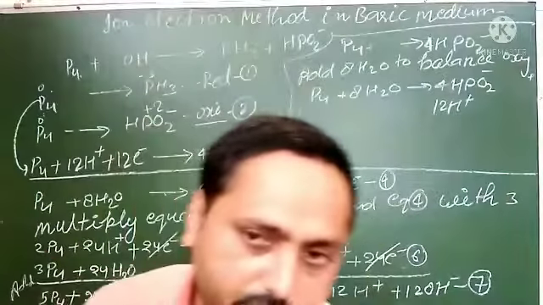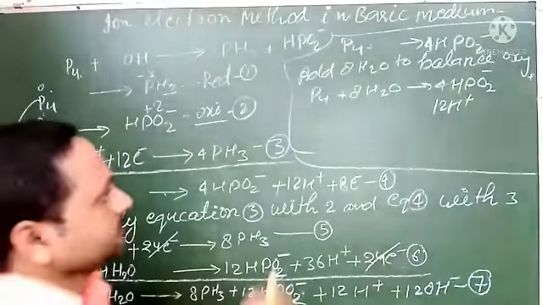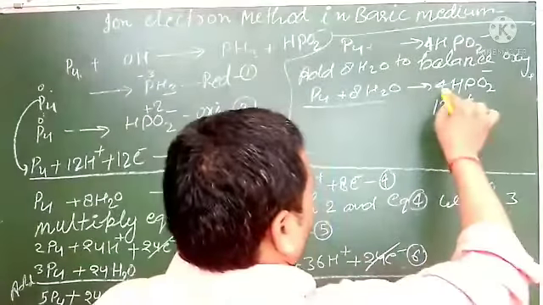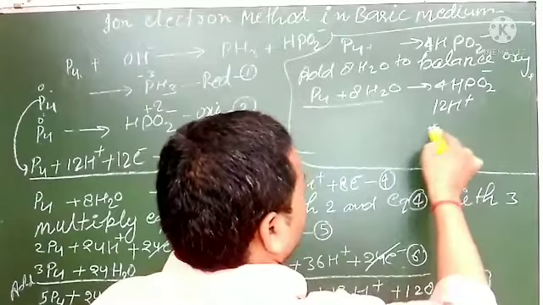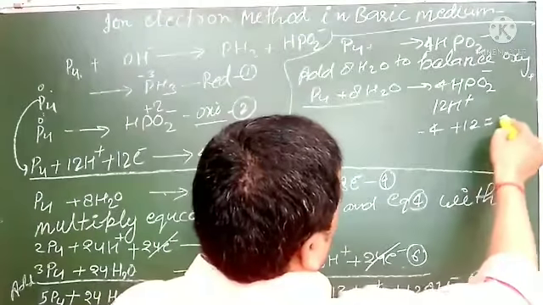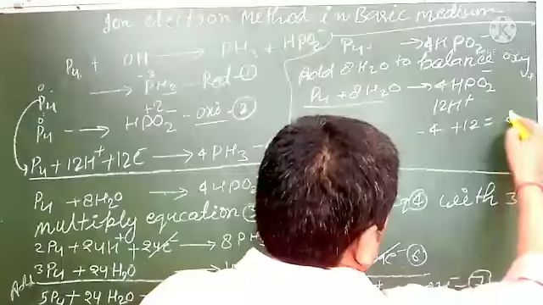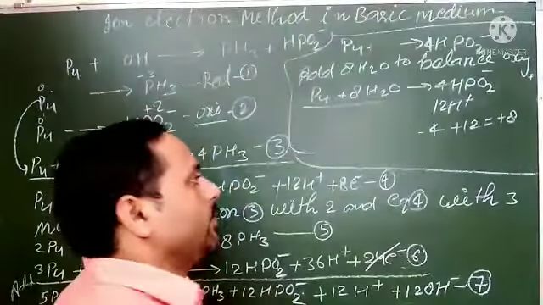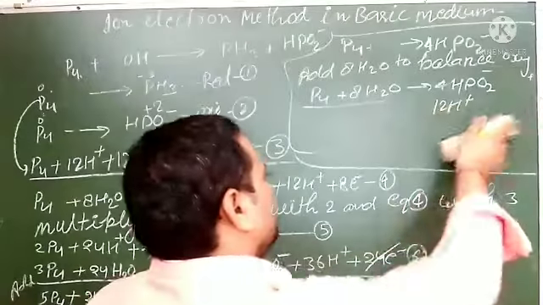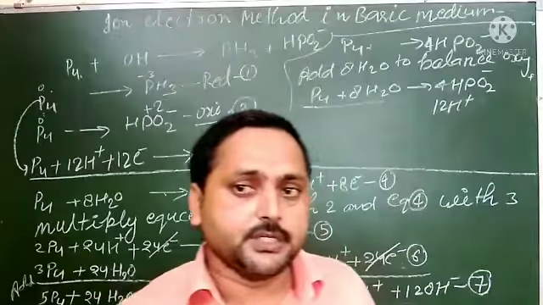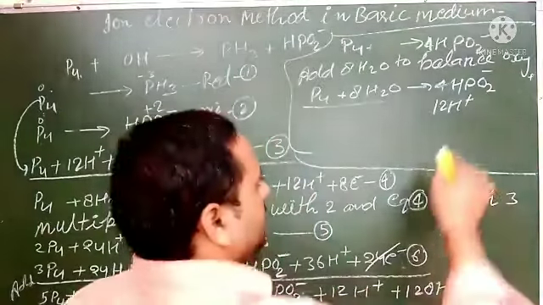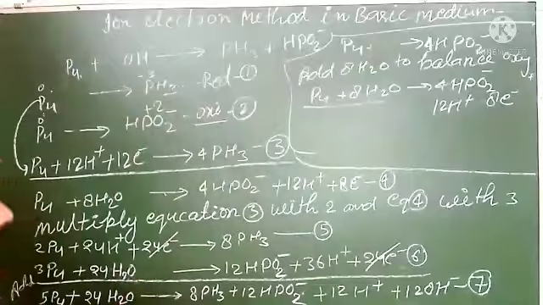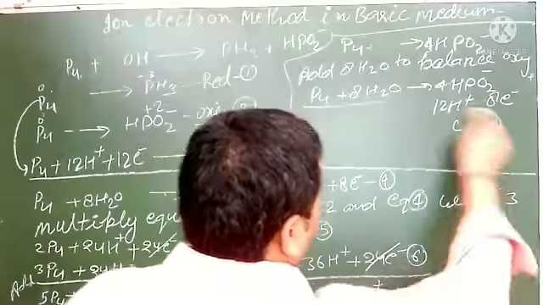How to balance the charge. So in this ABC here, you see, no charge this side, that side 4 minus and 12 plus, so equal 8 plus, means 8 plus charges that side. And what do we have to use? We have to use electron. So 8 H plus is there. So how many electrons can be used here? We will add 8 electrons. So this is the equation number 4. Got it?